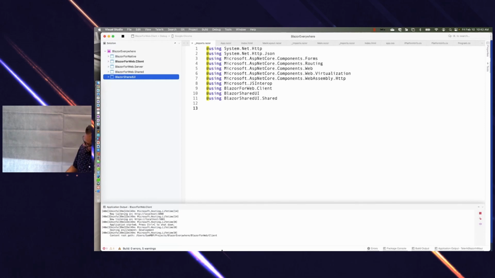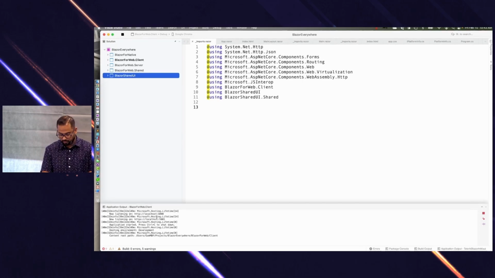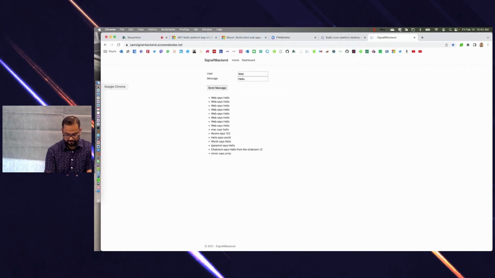Okay, it is running, but it doesn't bring up the web browser at times. You can see like it's running on localhost 5000, right? So if I go look at